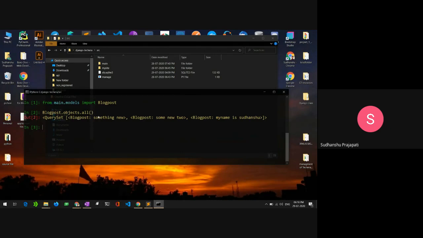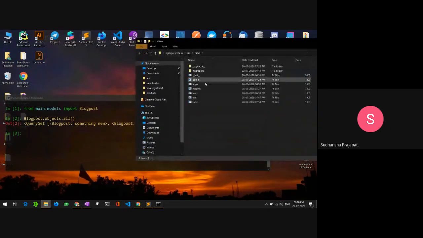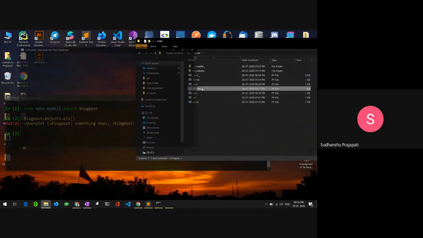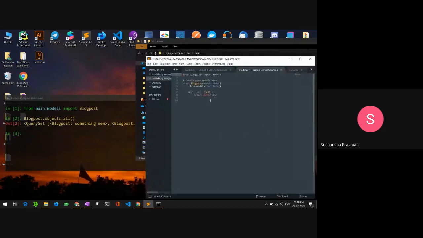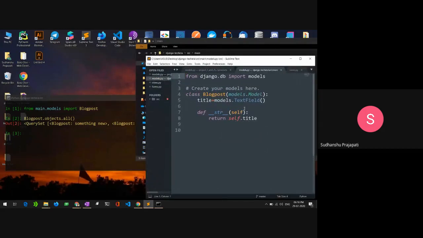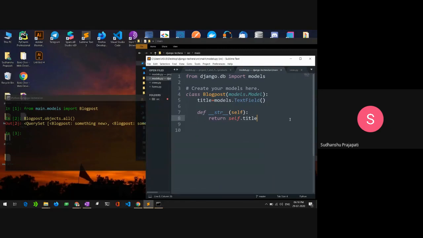You are seeing this because I gave the str function in the model file. Let me zoom in so you can see. In the last session, when we didn't have that str function in BlogPost, we weren't able to see the actual things inside the database or whatever the object is storing.